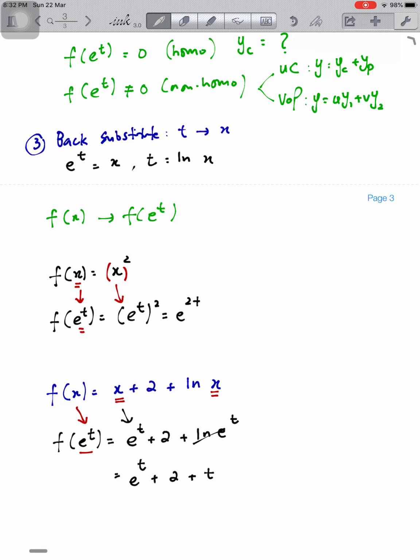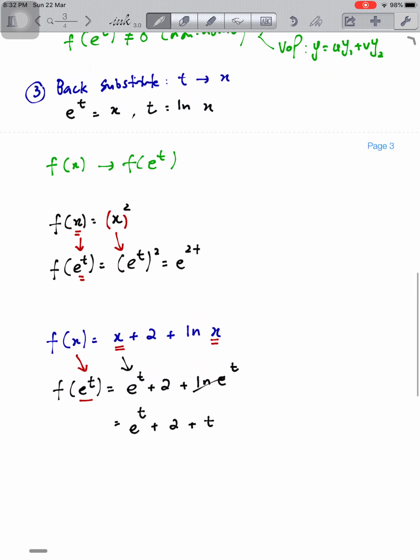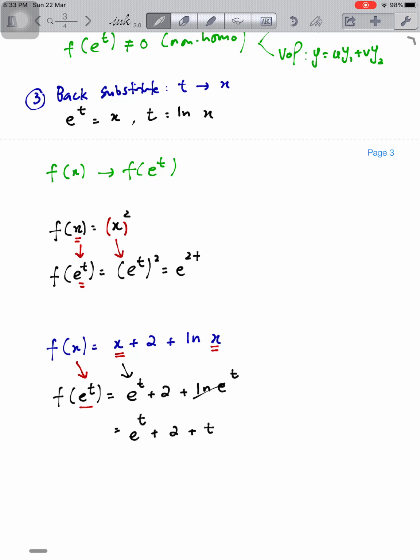So you have to make sure that you have now converted all the x, and all the x are now in terms of t. When you are done with that, and there's no longer x in your function, only then are you done converting the right hand side of the equation. Then you achieve the conversion. Okay, so now we can start with